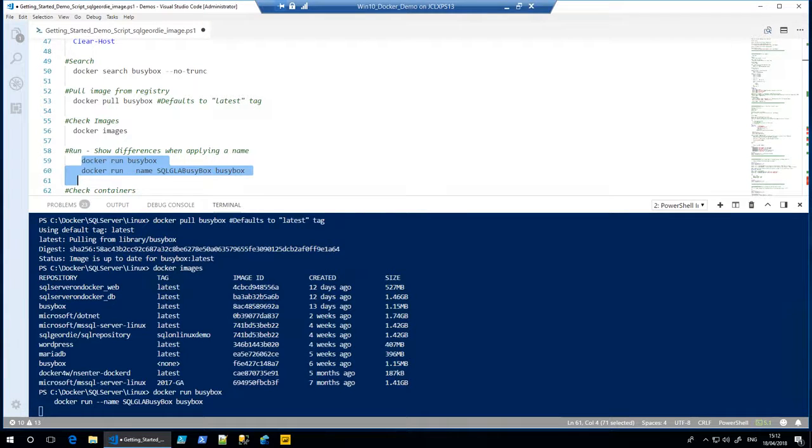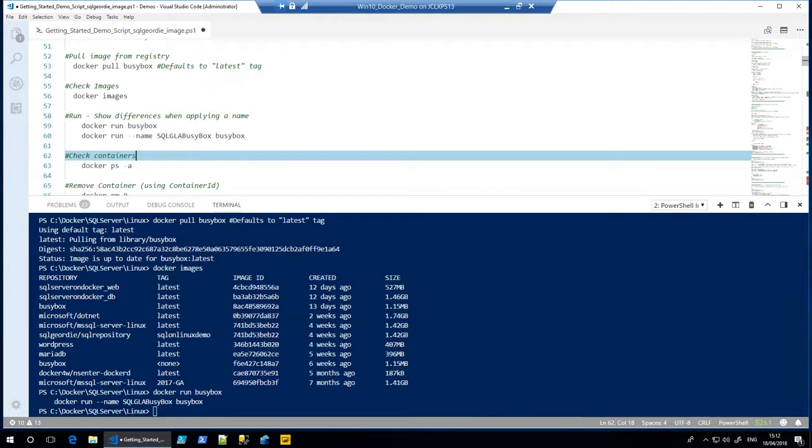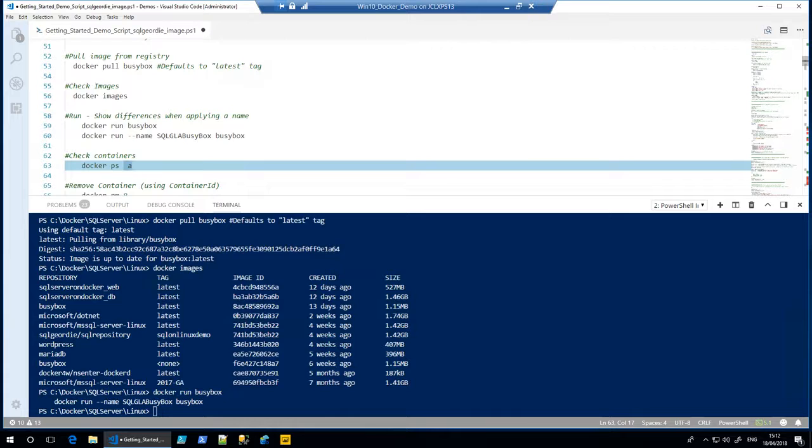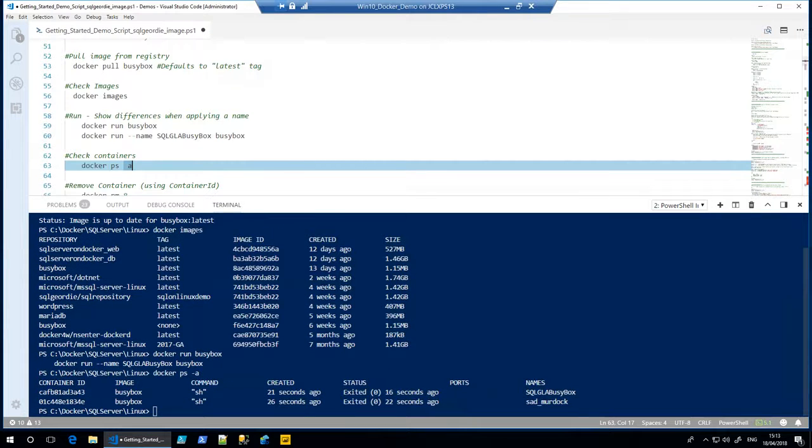So hopefully this shouldn't take too long, because you see these images are relatively small. I think it's like 1.15 megabytes it says in size. So there we go. We've just created our first container. Very, very simple. Now, when I was talking about the name, the reason for that is I will show you now. If you give this a name,